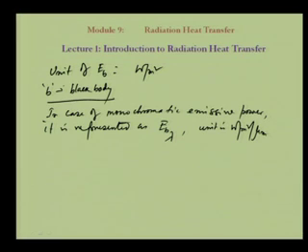Micrometer is the wavelength. So, it is emissive power per unit area per unit time per unit wavelength, that is called monochromatic emissive power. And according to Planck's law,